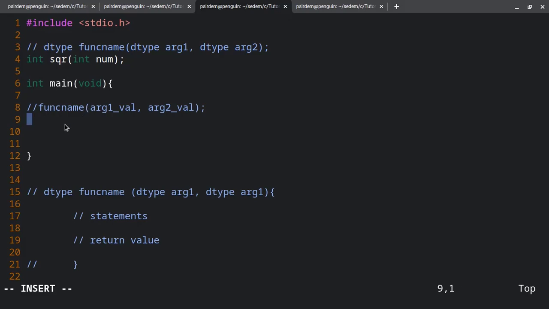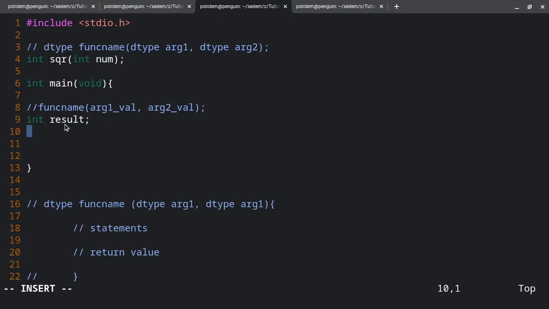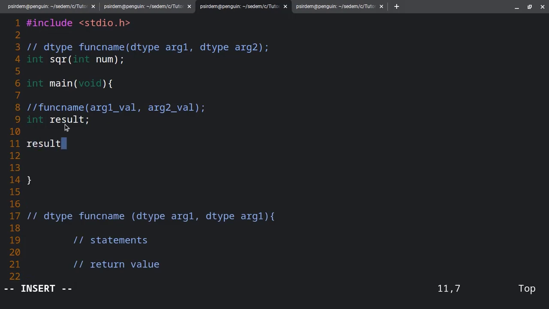Now let's see how well our function can perform. We want to call our function, and since it's returning an integer, we want to declare another variable that will receive that integer. Let's call that variable result, and then we say that result is equal to, we are assigning it. The equal to doesn't mean equality, it means assignment. So the result is equal to